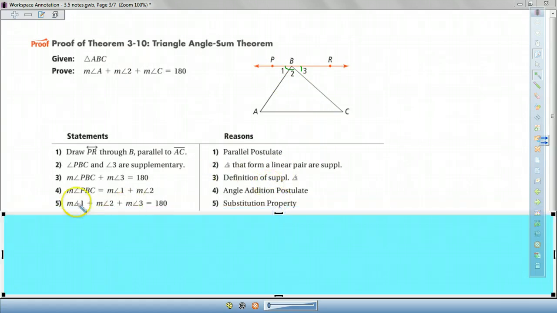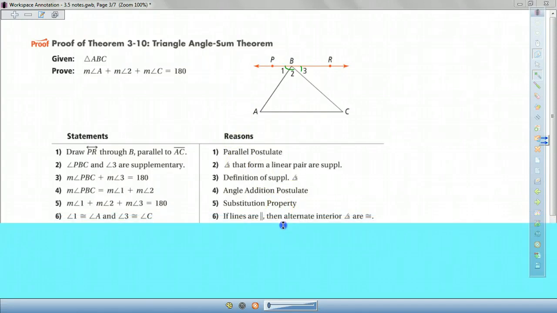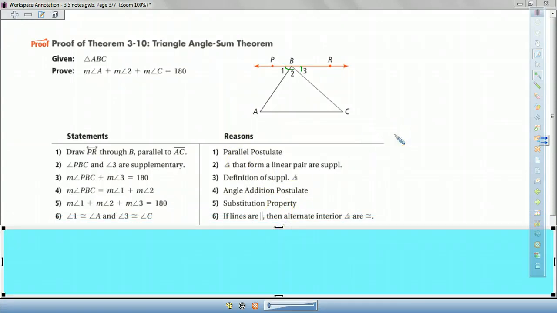Then he said, I'm going to plug in the measure of 1 plus 2 for PBC because they're equal. When two things are equal, you can substitute them in for each other. Okay? Then he said,